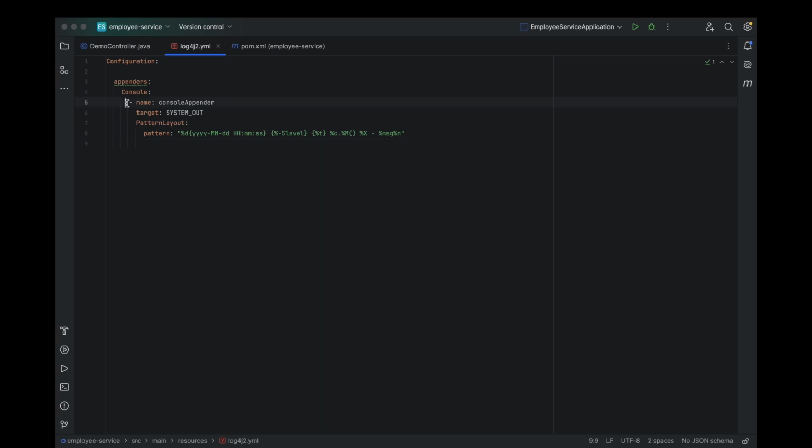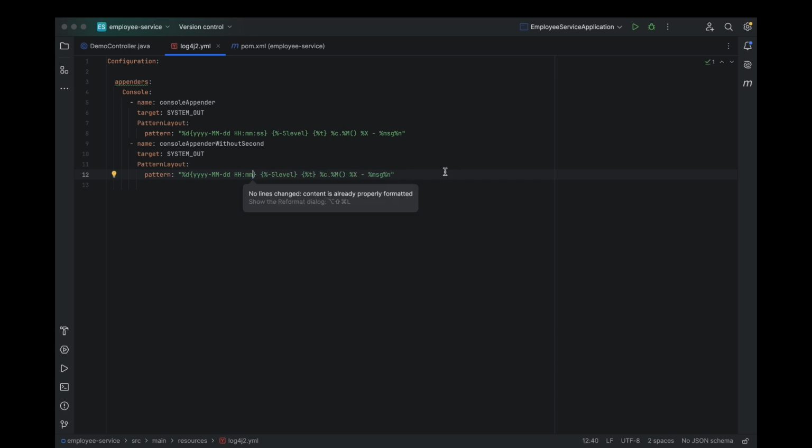Now, we have defined one console appender. In the same way, we can define another console appender. For example, let me copy this appender and rename it to console appender without second. Next, we can modify the timestamp format by removing the seconds part from it. This means the new format will only show the date and the hour, like this,